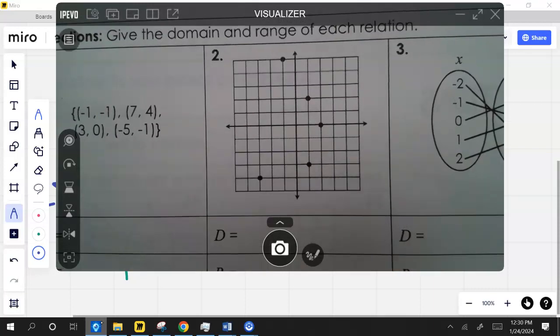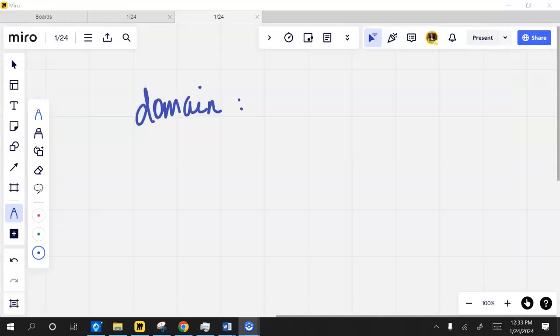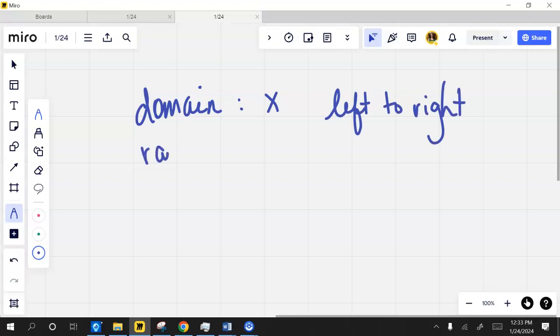Yeah, we're fixing to talk about that again. I told you we're just going to cut. I always say look left to right on your graph. And then range describes y's, that's bottoms up. The lowest point up to the